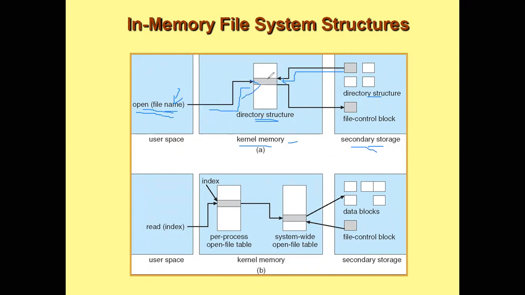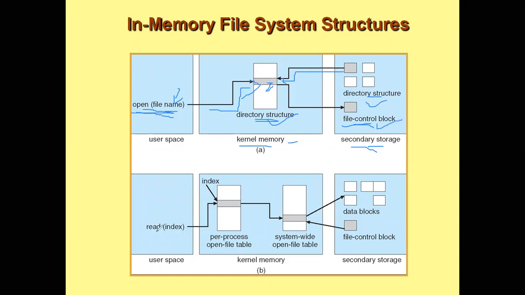Okay. And every time a file is opened, you create a FCB for that particular file, right? So all the information with respect to that particular entry for the file is stored in the file control block. Okay, so this is how we have seen one directory structure being used, and one more directory structure and file control block being used when opening a file.